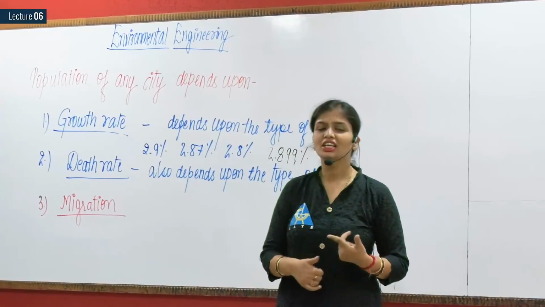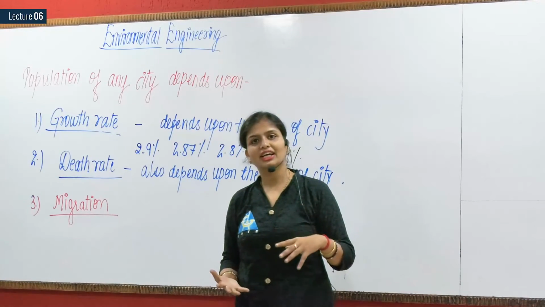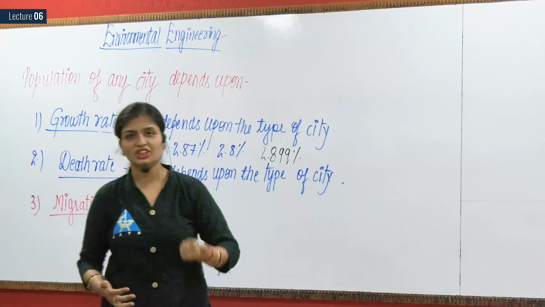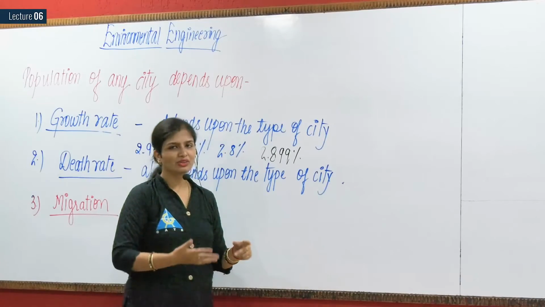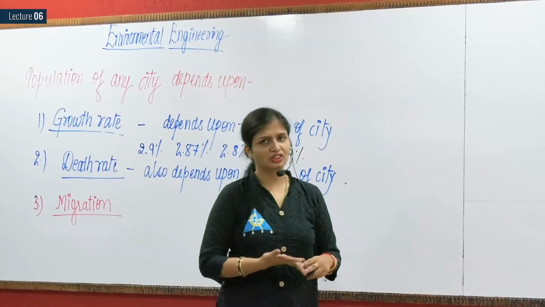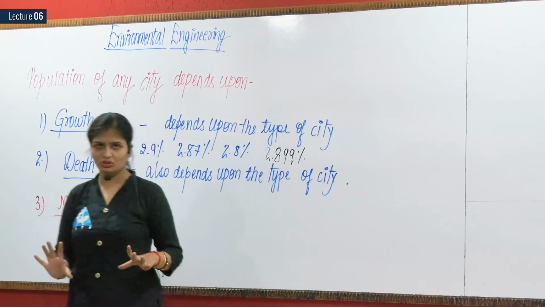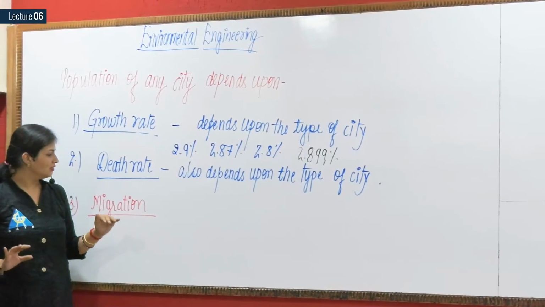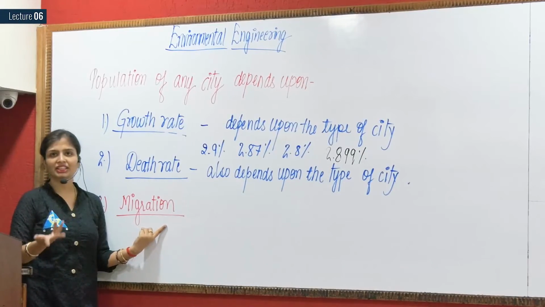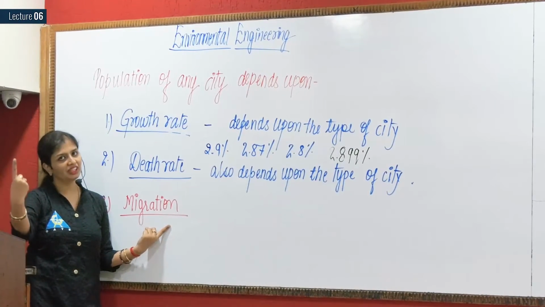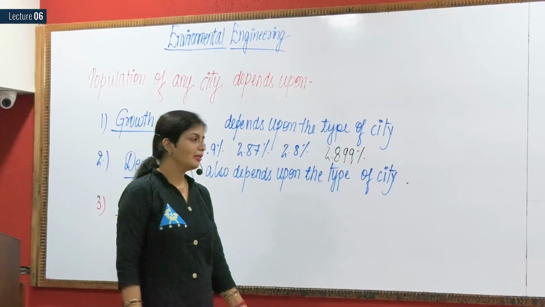One is positive migration, which you have observed in young cities. People are coming to reside in the young city, and it depends upon the extent of industrialization. It depends upon the law and order. It depends upon all the regulations, availability of natural resources, or basically resources, not natural, you can tell it on a broader basis, resources. Getting it? So these are the factors on which your population depends. Fine. This is positive migration, negative migration, and it depends upon the extent of industrialization, law and order, availability of resources and all other things, right?